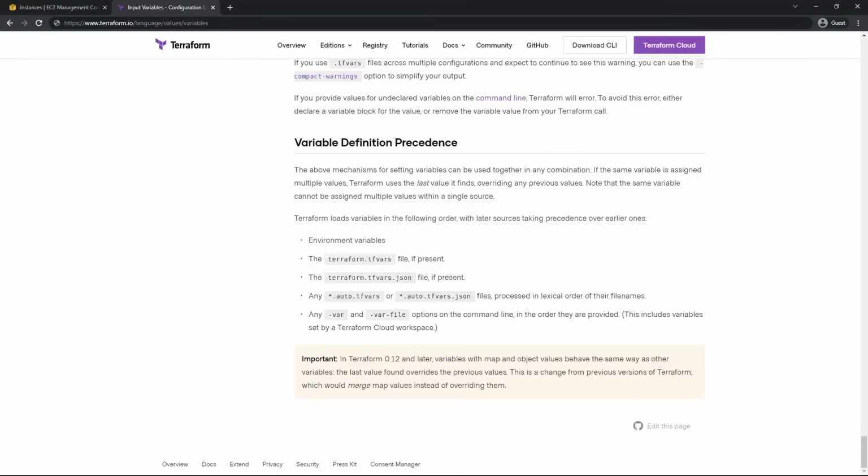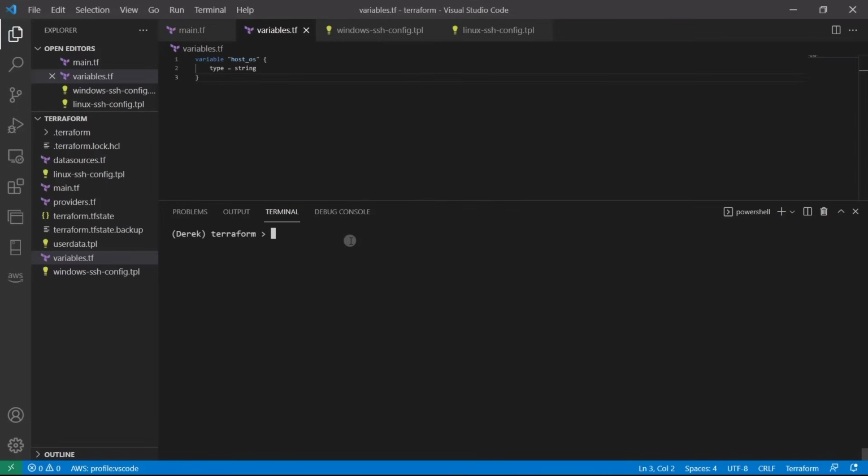So let's go ahead and just take a look. What we're going to do is run the Terraform console. And this is a really good tool that will help you work with certain functions and play with different values and things like that that you might need to experiment with before you deploy. So if you run Terraform console, let's just take a look. As you can see, it did not ask us for a variable. So if I run